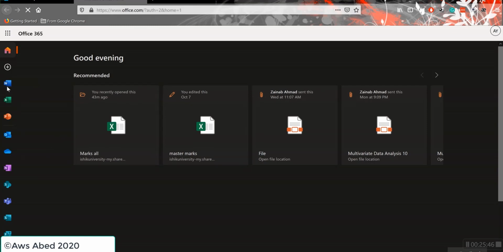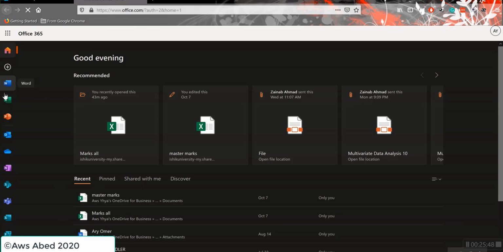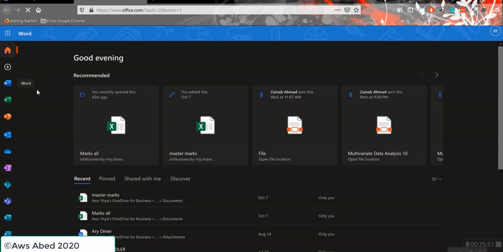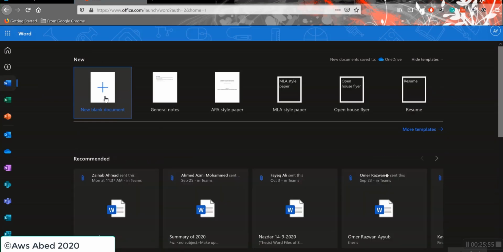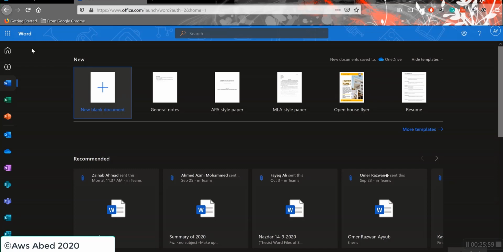Now if you want to use it online, you can use it from here. You can click at any of the services. For example, I click at Word, and from Word I can compose a new document from the web browser, let's say online. But what I want to speak about is this option,